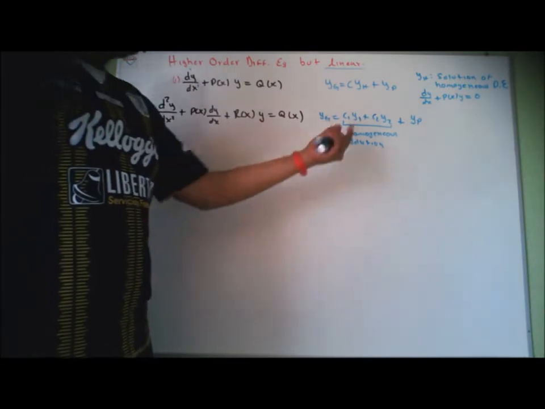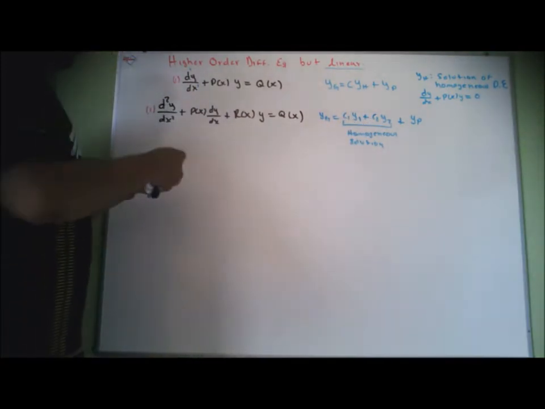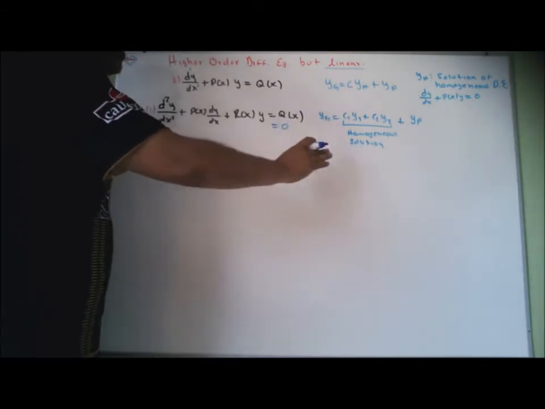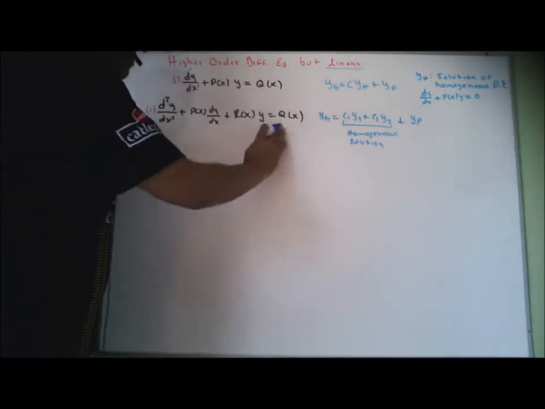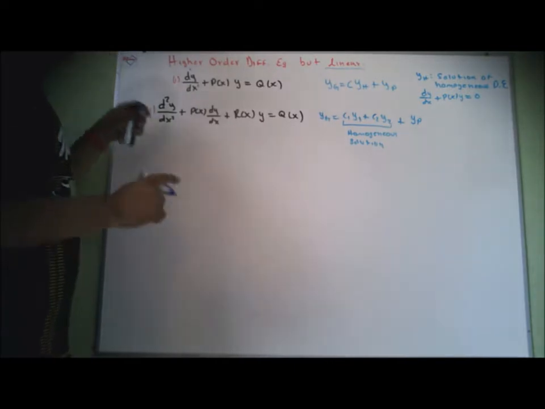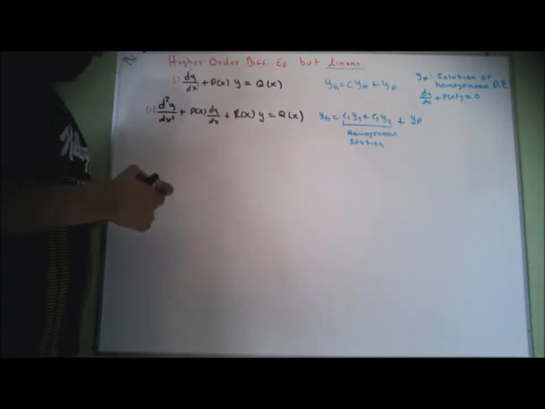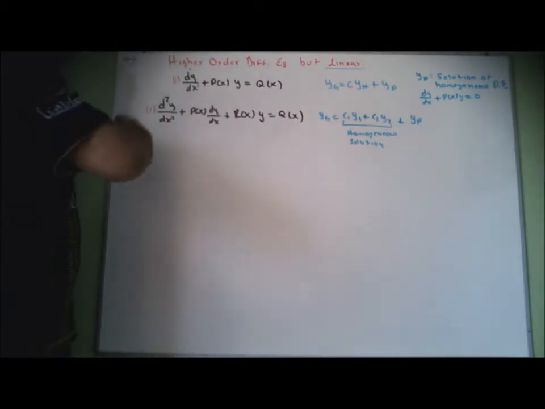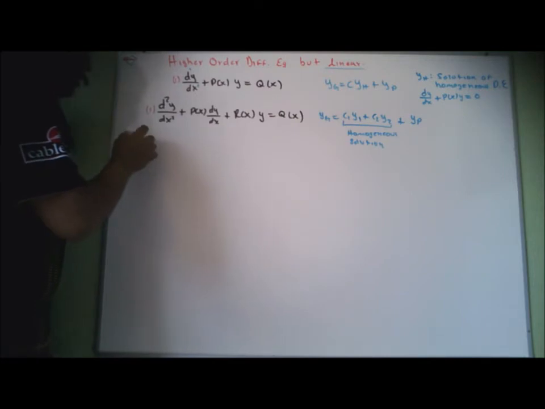Again, this part is when it is equal to 0. When it is equal to 0, that is the homogeneous solution, alright? Okay, so we are going to try to solve this differential equation, but the differential equation could be higher in order. So if we increase this to another number, the next order, the next derivative is going to be